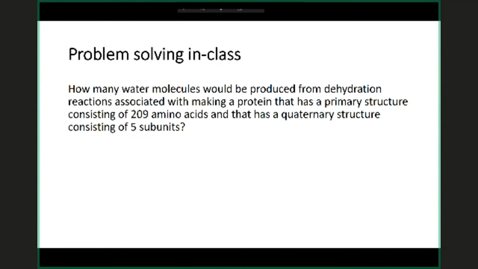So I give them 5 minutes, I go around, I have them working in pairs, and I ask them, so what are we doing? Where are we getting started? What do we recall about dehydration reaction and the primary structure and the quaternary structure? I get a few answers and I jot them down on the board. There are still very few groups that have actually made some progress on the dehydration reaction or how that would work. So then, rather than solving it for them on the board,